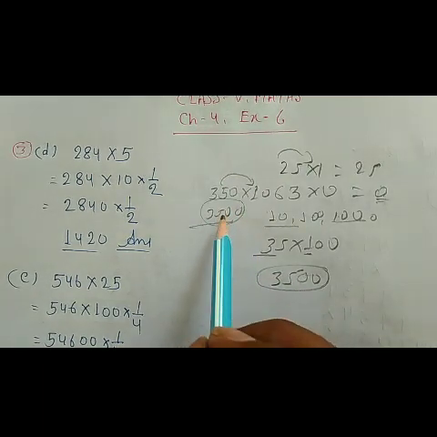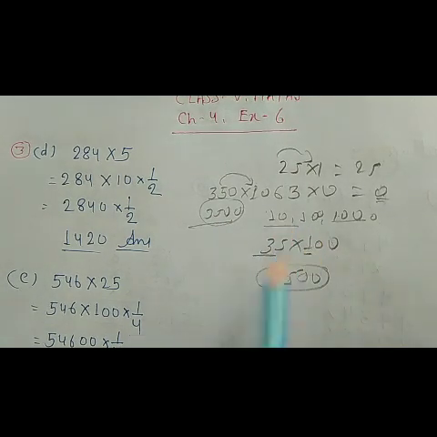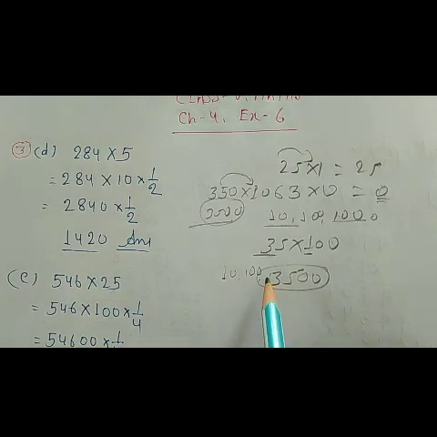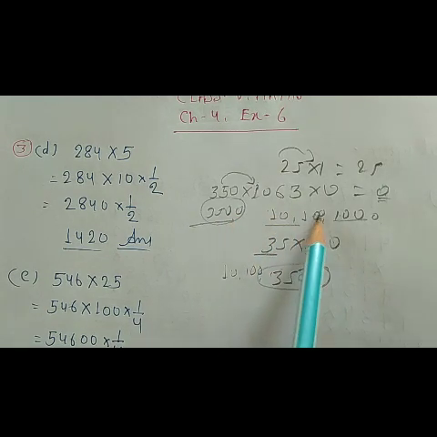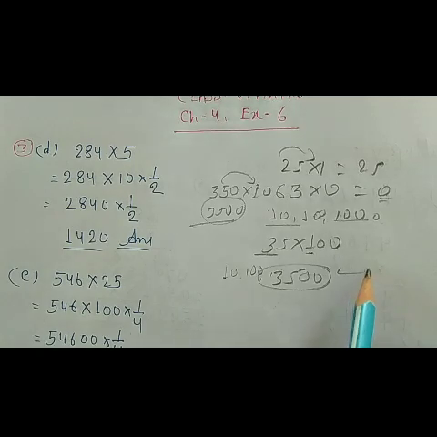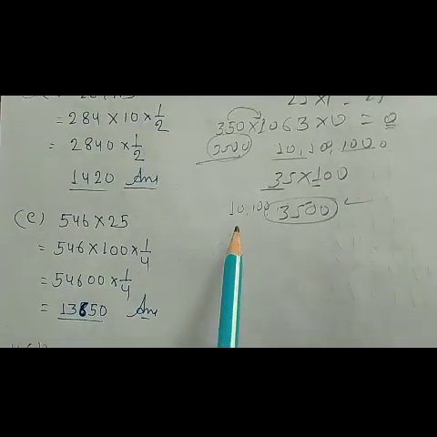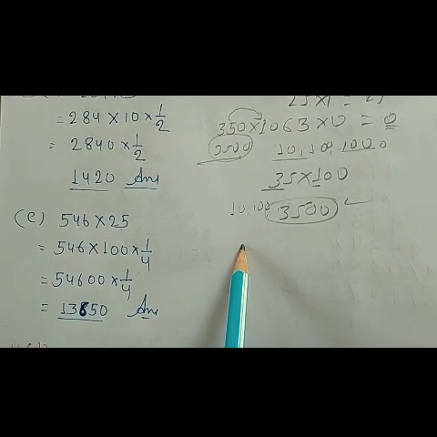Means if we have to multiply any number with 10 or a higher power of 10, higher power of 10 means 10, 100, 1000, 10,000, lakh, 10 lakh, these numbers, so we will place these zeros after the number, that will be the product or that will be the answer there. Some properties are used there also, that is commutative property and distributive property, associative property.